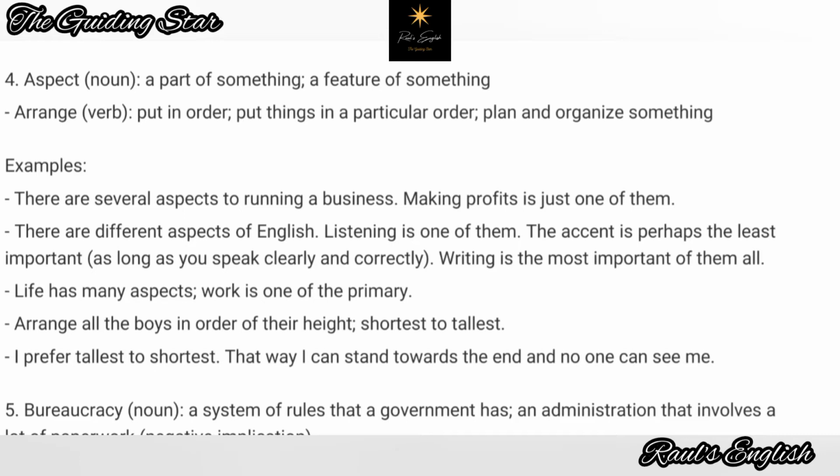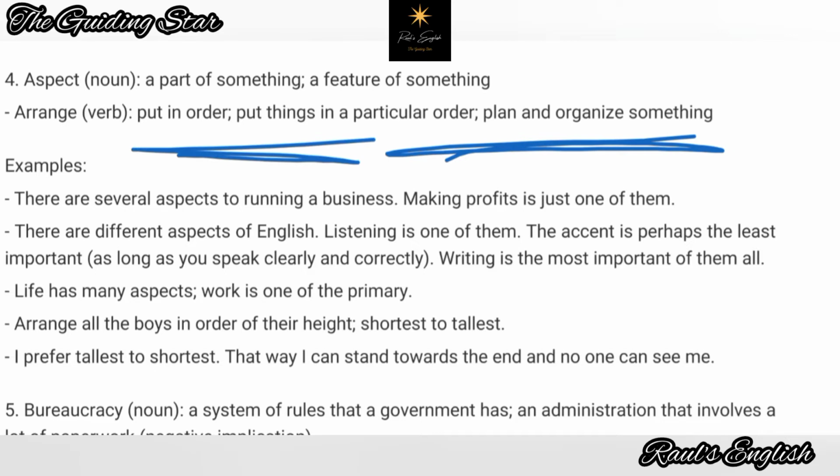Not parts as in parts of a table. Now those will be spares, or parts of a motorcycle. Those are spare parts. Not that part. A part of something, as in a feature of something. Aspect. And arrange is put in order. You know, arrange is not difficult at all. Put things in a particular order, plan and organize something. So all these 3 meanings. Arrange, verb, right. Examples of